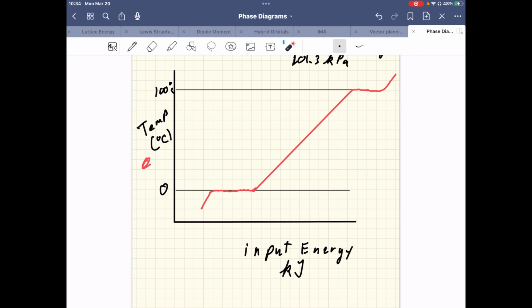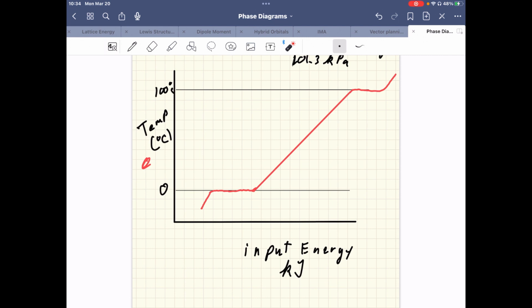We had ice that we were freezing and melting in the beginning of the year, and as we raised the temperature, as we input energy, the temperature went up, and then it plateaued for a while, and that was when the energy was going to break bonds. And then once it was all liquid, we increased the temperature. We didn't go all the way to boiling, but if we continued, we'd get another flat point of the curve at 100 degrees, where we're breaking the bonds of water and converting it into